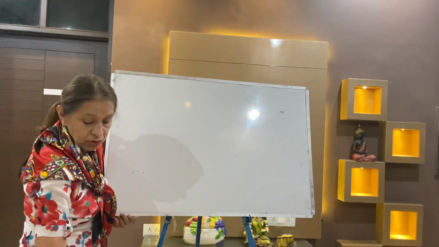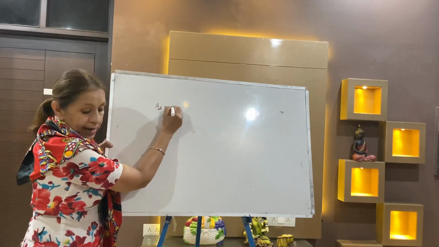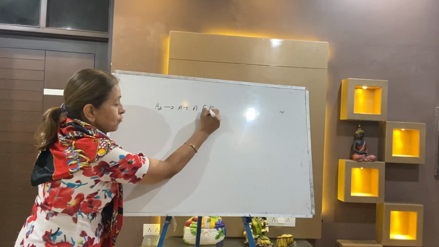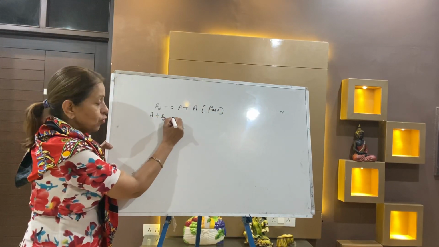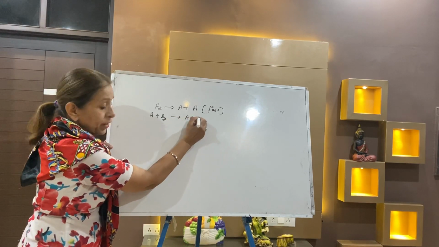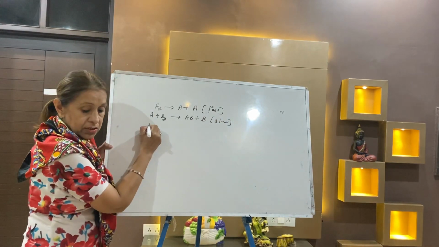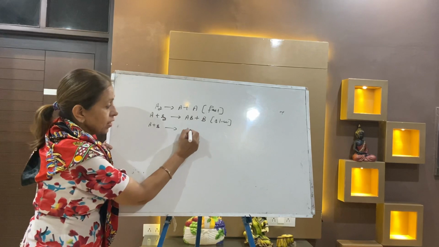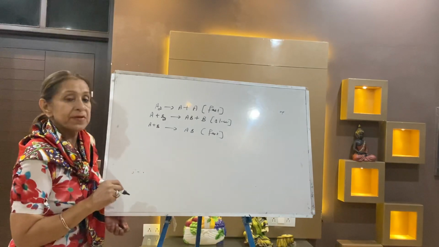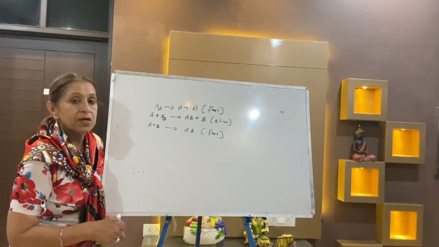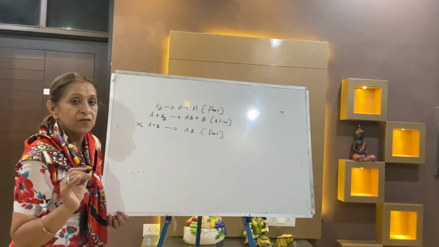Now I am taking your next question. It is A2 arrow A plus A, write down fast, A plus B2, I will not take this, you can attempt it at home, I am just giving you a hint, AB plus B, slow. And the third step, this is a 3 steps mechanism, is again fast. So the first step is fast, second is slow, third is fast. You will not consider the third fast step.